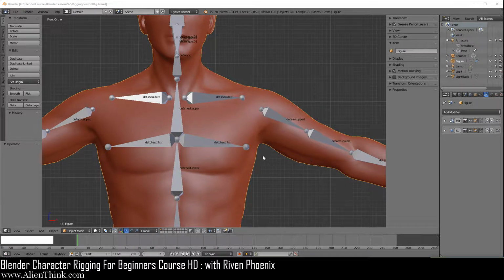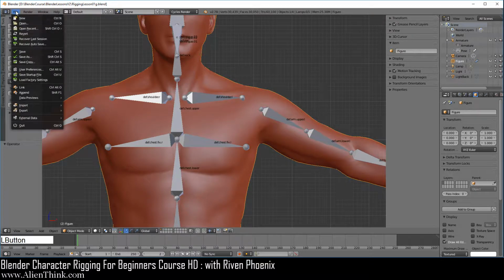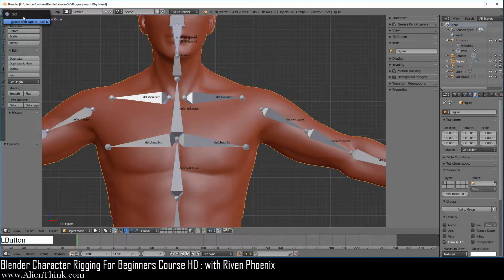Okay, so in the previous lesson you saw that there's a difference as to how the parent-child relationship concept works inside the 3D view and on the Object tab in the Relationships panel. So what we're going to do now is take a look at how to work with this concept when we are working with bones. So to do this, we're going to have to go under File, do New, and just